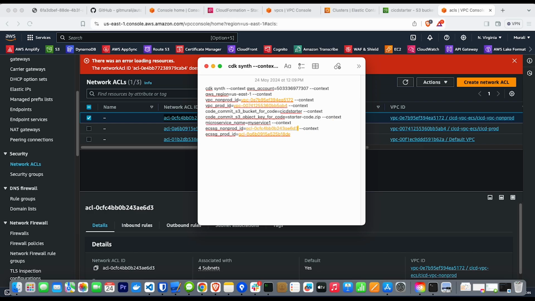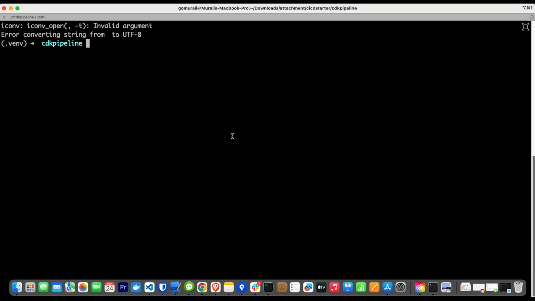Paste it. All right, so that's my non-prod and prod network ACL. Okay, and then this is my microservice name, and then I have VPC IDs. So now that we are ready, just copy the synth command, and we will go to the terminal